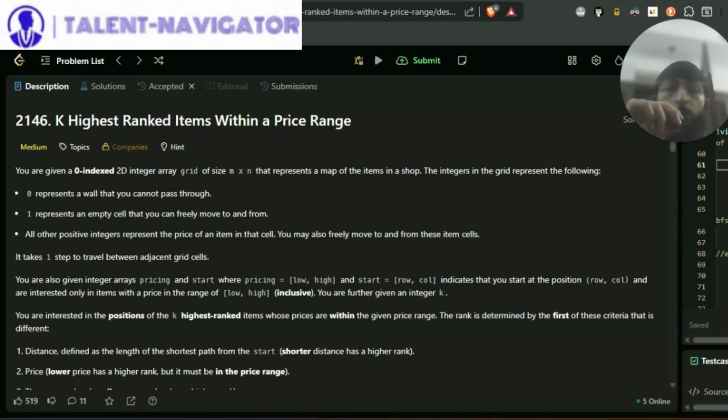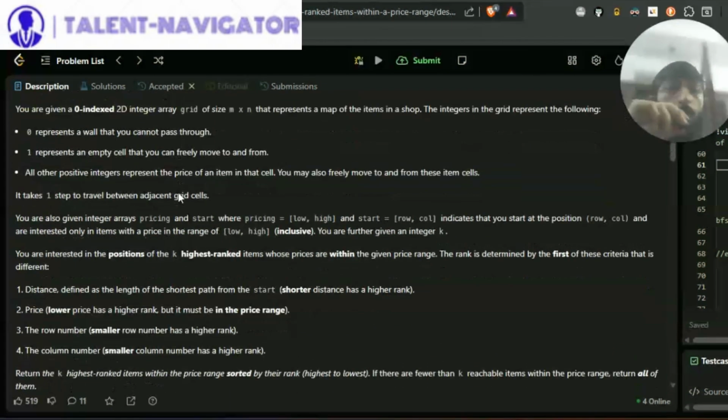So now we're going to be talking about LeetCode problem number 2146, which is a medium level problem on LeetCode, and the title is K Highest Ranked Items Within a Price Range. So let me just go over the problem statement first, and then we'll go over the examples, and finally the